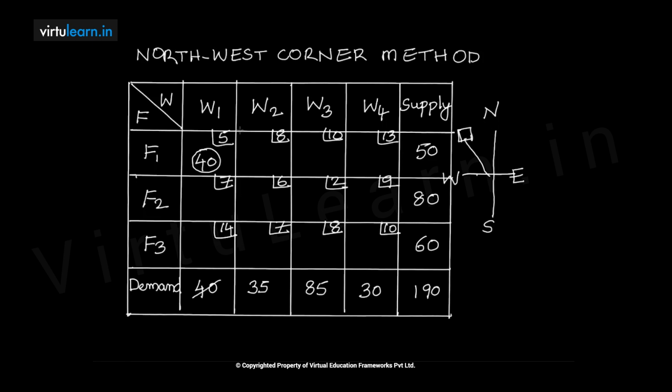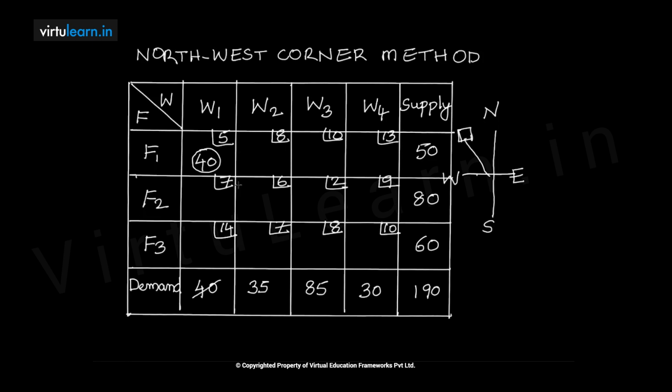Now, that means we have a remaining table. You can see the cursor. So this is how this table is remaining now. In this we have to identify the most northwest corner cell, which is given by